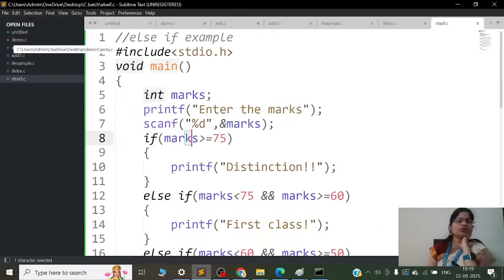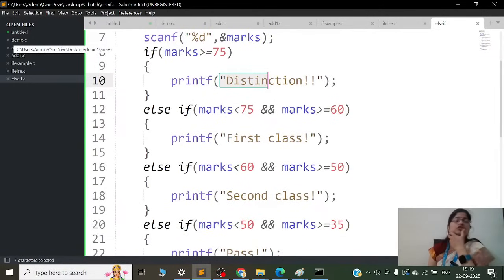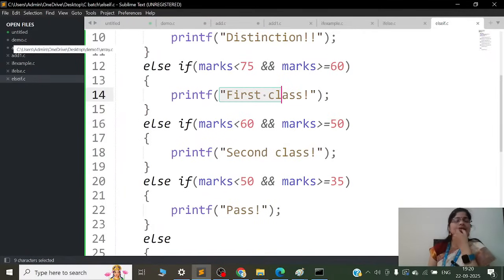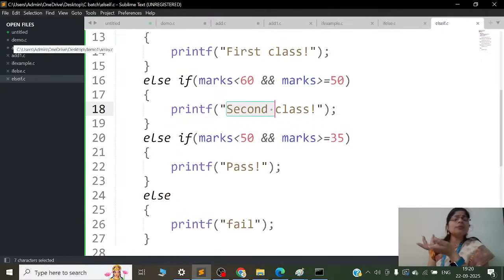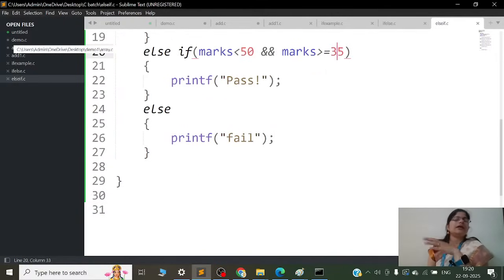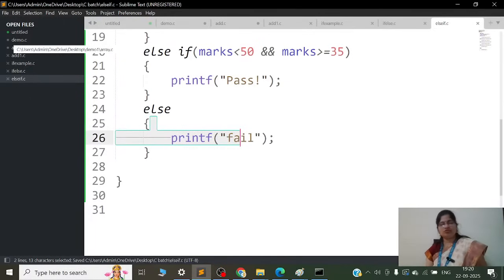सो सी, अगर यूजर ने इनपुट दिया है 88, तो 88 इज ग्रेटर देन और इक्वल टू 75, रिजल्ट क्या प्रिंट होगा? डिस्टिंक्शन. किसी ने सपोज मार्क्स दिए है 64, सो 64 इस रेंज में आता है, जो 60 से ज्यादा है बट 75 से कम है, तो उसे क्या मिलेगा? फर्स्ट क्लास. अगर किसी ने मार्क एंटर किया है 51 टू 59 के रेंज में, सो 57 दिया है, तो क्या आएगा? सेकेंड क्लास. किसी ने अगर मार्क्स एंटर किए हैं 42 इस रेंज में आता है ना, 50 से कम बट 35 से ज्यादा, या अगर किसी को उससे भी कम मार्क मिला है 5-10, तो उसका क्या है? रिजल्ट फेल. Getting it?